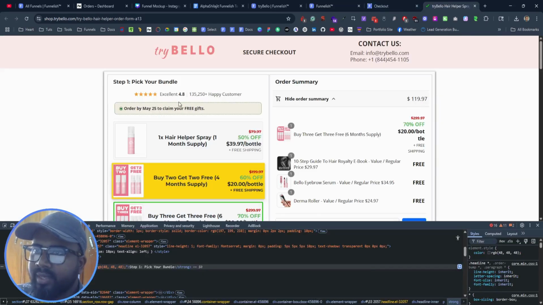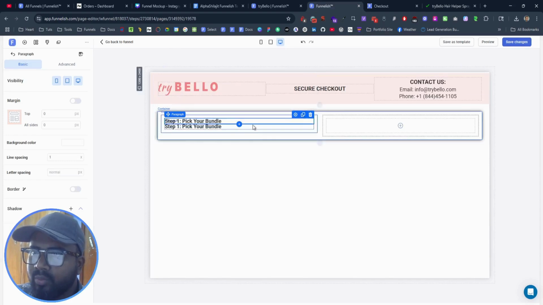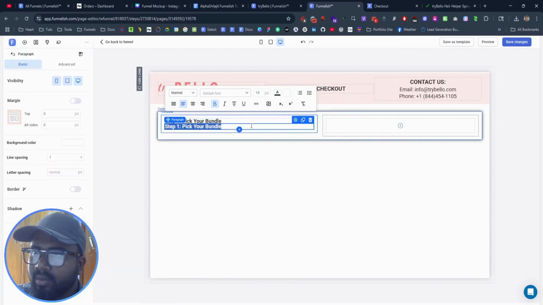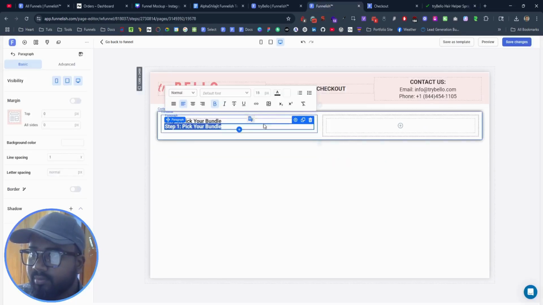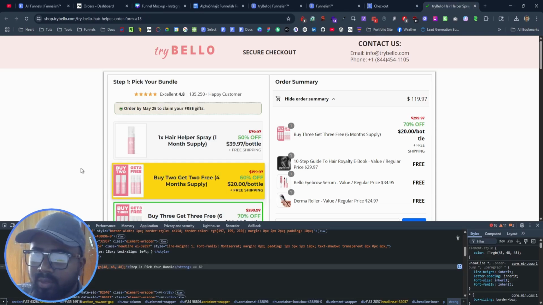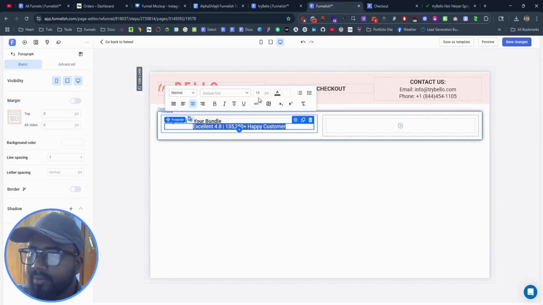As you see here, this thing is aligned to center, so we are going to do this. First we'll add the text, center it. Let's see, the font size is 15 pixel,